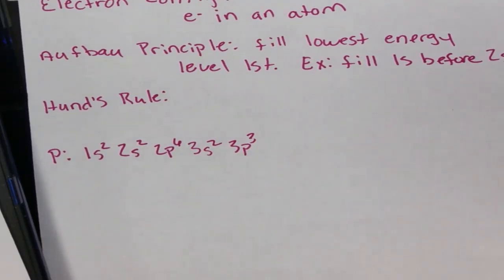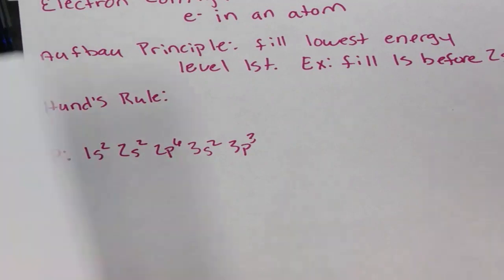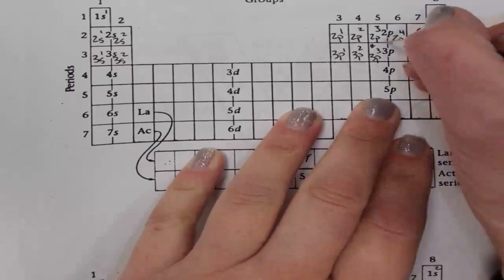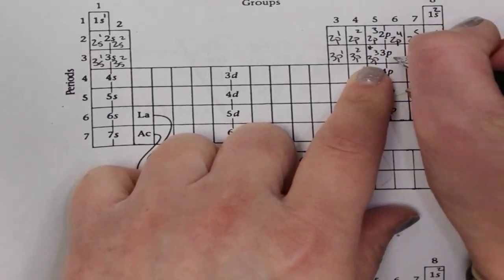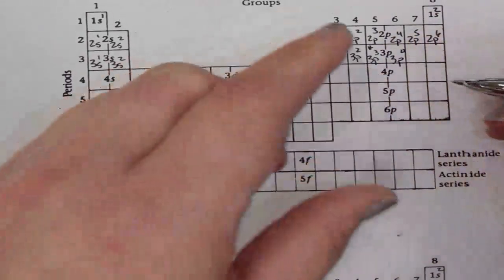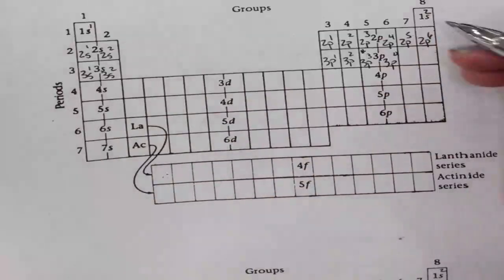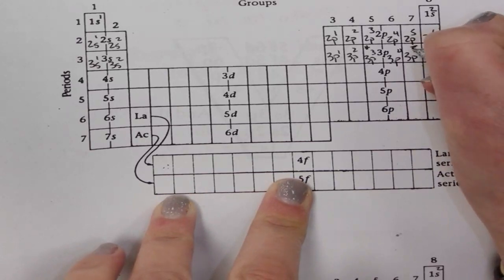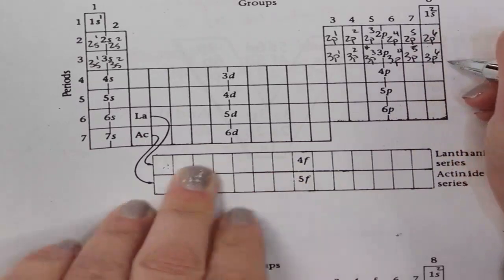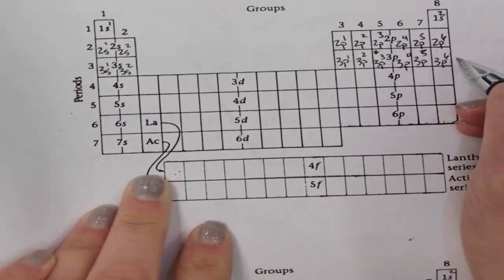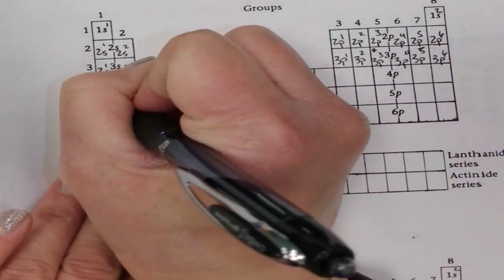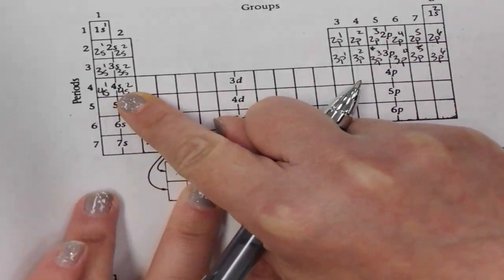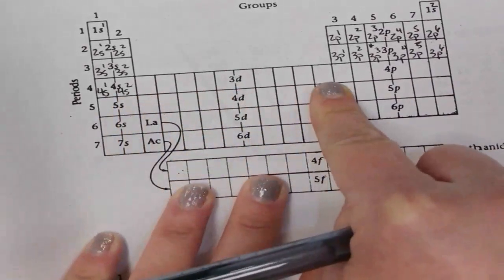So before we move on, let's take a moment and go through and fill in the rest of our chart. So we have 3p3, 3p4, 3p5, and 3p6. Once we finish 3p, we come down to the 4s. 4s1, 4s2. So I have electrons in the fourth energy level, but what do we notice when we hit our